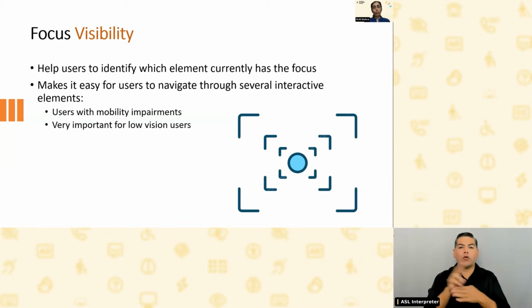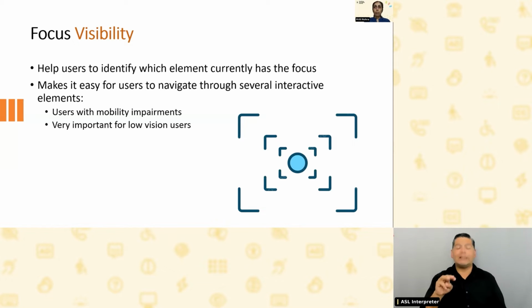They are helpful for people with mobility impairments who rely on a keyboard, and very, very important for people with low vision. Now, with low vision, it's a spectrum. So not every person with low vision, like me, would use a screen reader. Some of them would use a screen magnifier, or some of them might be just using the browser zoom option.